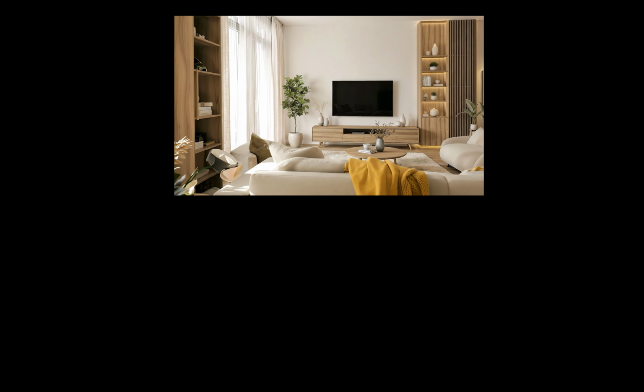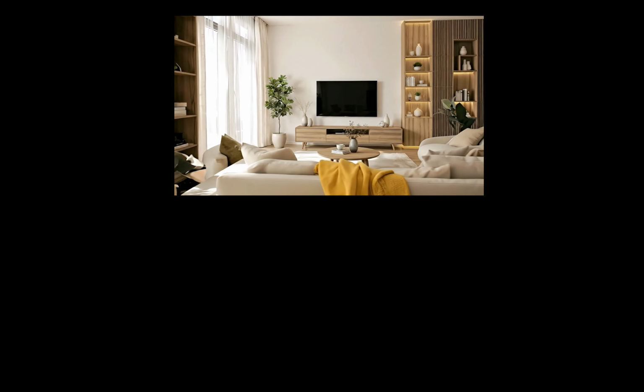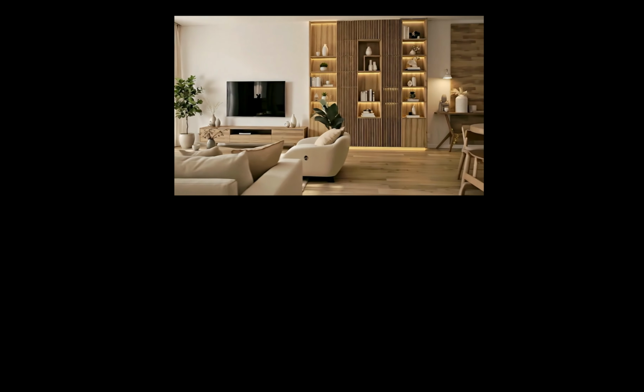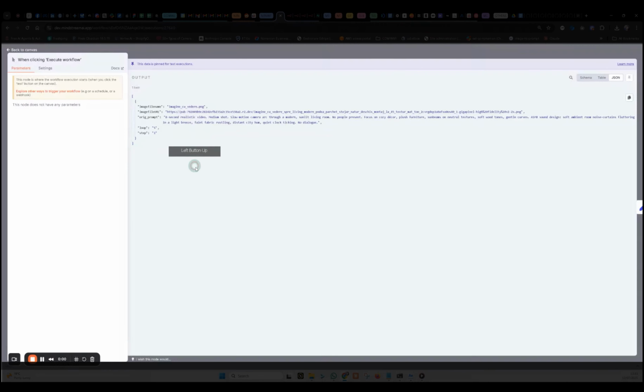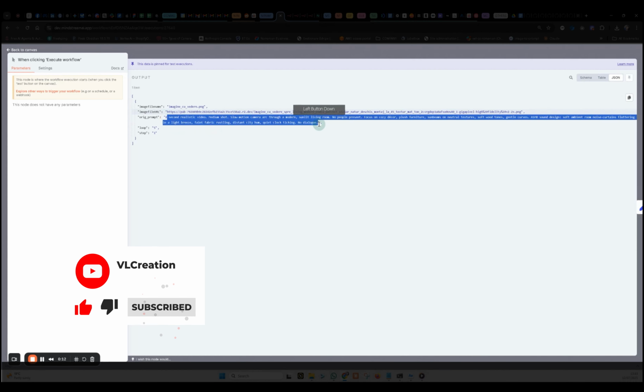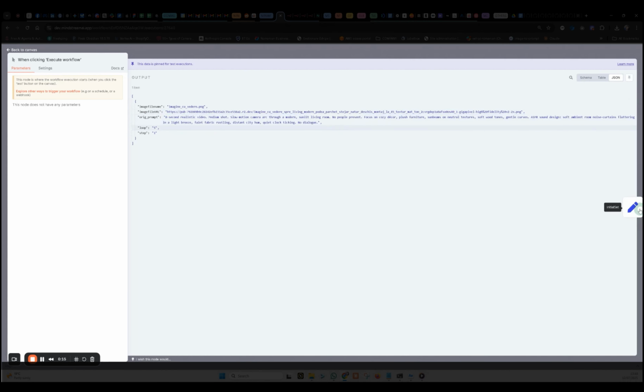I've shown you in the screenshot what the result looks like. Now I'll show you what each node does and explain how it could be modified for other scenarios. Let's get started. I started with a manual trigger, but this should usually be replaced by another node of the webhook type. In this node, I added an initial JSON, in which I included the image link, image name, initial prompt, and step number 1. Since we're starting with step 1,